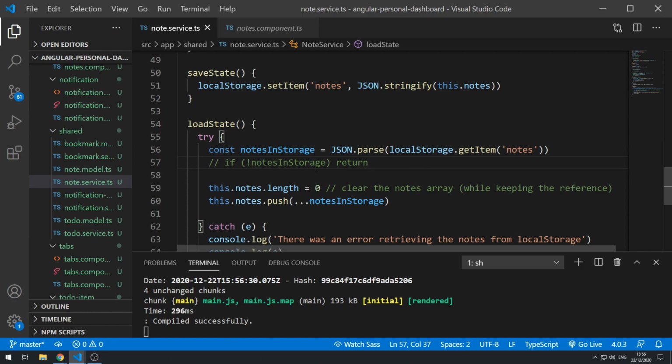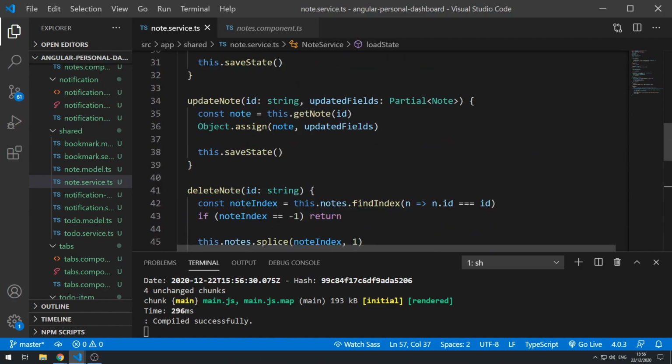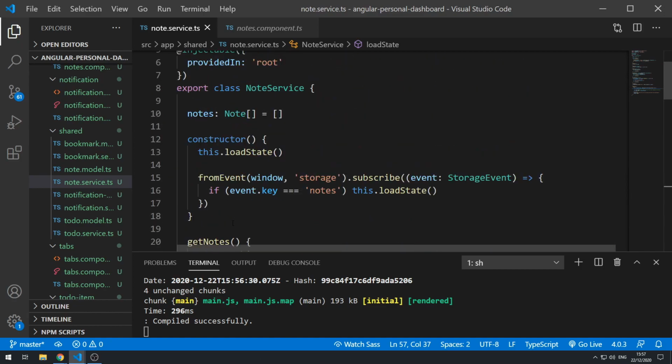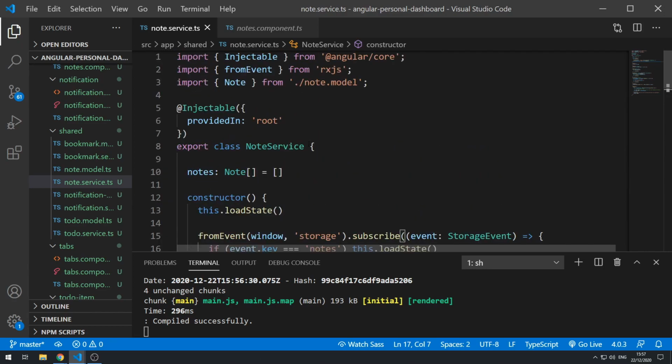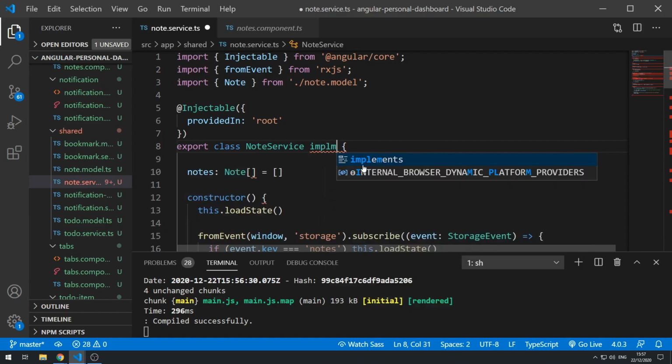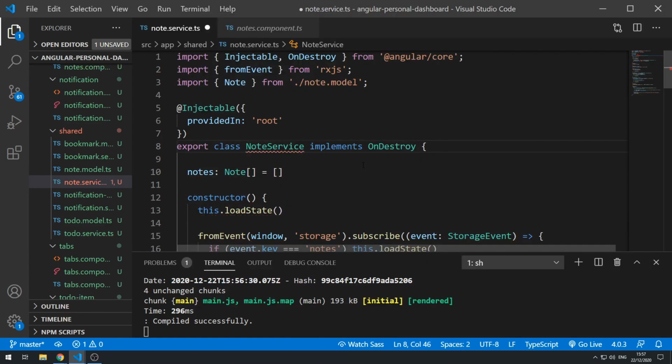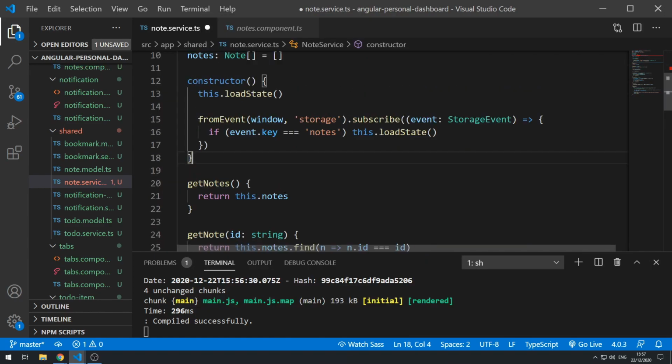So I'll leave that commented out for now. And yeah, cool. All right, so now let's go up here, and everything's looking pretty good. But one thing we could do is unsubscribe from this when the service destroys. So we could just do implements OnDestroy, and now we can do ngOnDestroy,